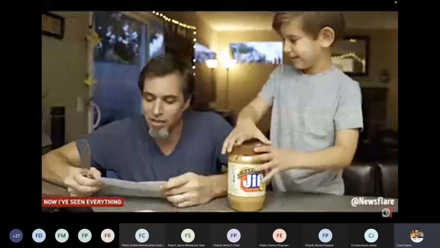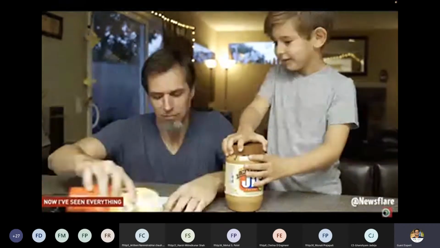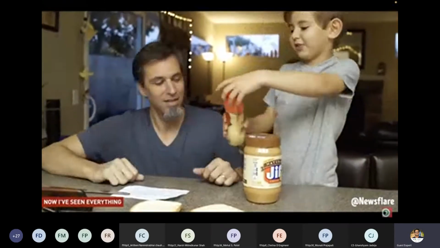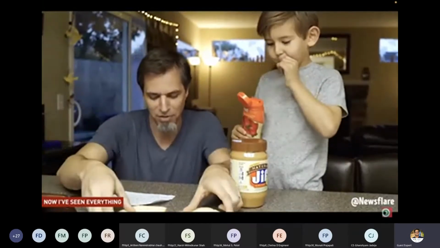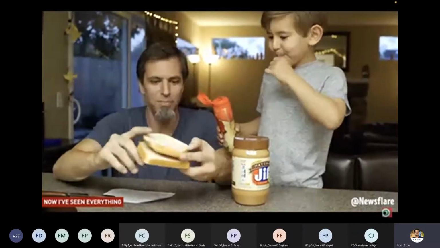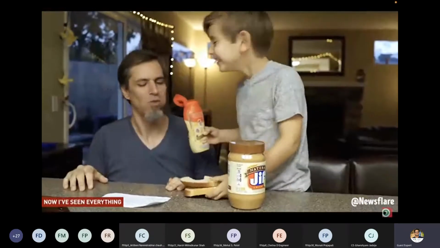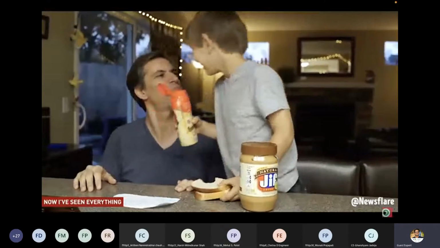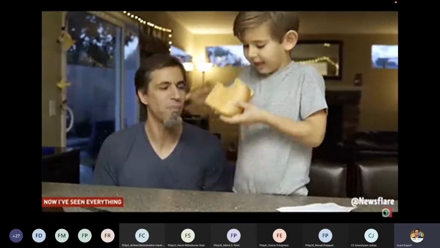Hold on. Get some jelly, rub it on the other half of the bread. No, Dad, open the jelly. It doesn't say to do that. Put the breads together on top of each other. Take a big bite. This doesn't taste like a peanut butter and jelly sandwich. Fail.